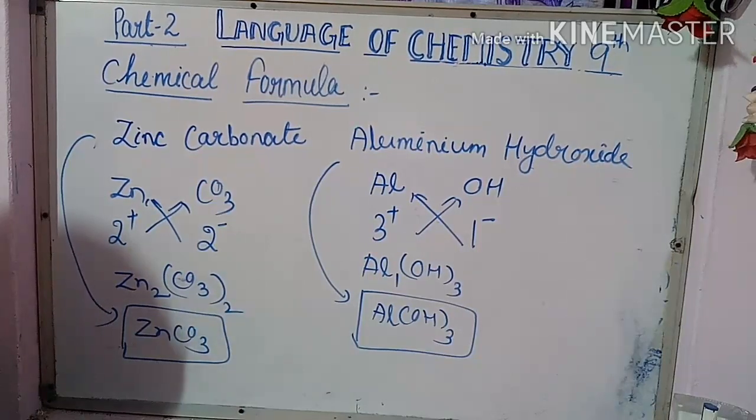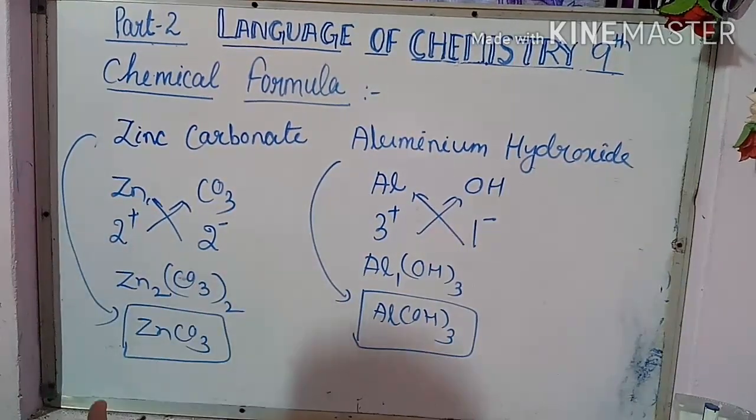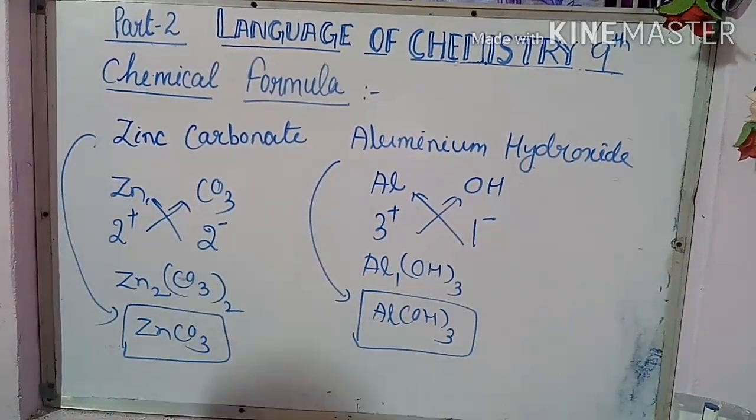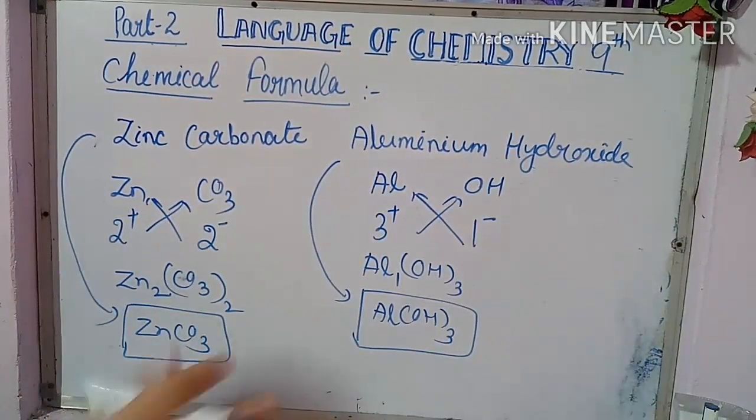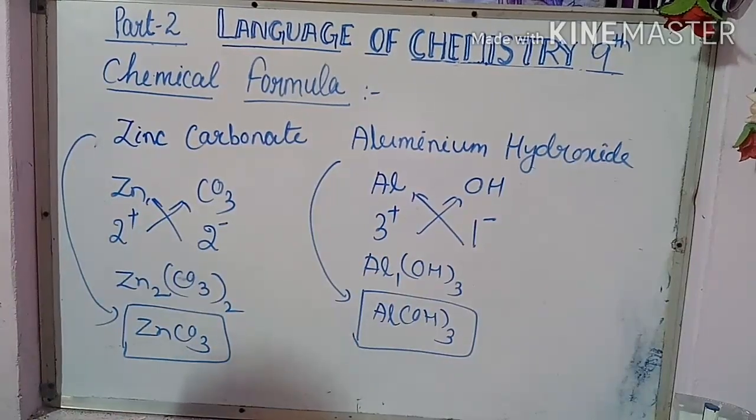Now children, you can do more and more also, as I have given a chart of your acid radical and basic radical. So any basic radical, any acid radical you take, and in this manner only you can make the formulas. You can take all the acid and all the basic radicals and try at your home to make more and more formulas. Just you take any acid, any basic, and the same formula only you apply.